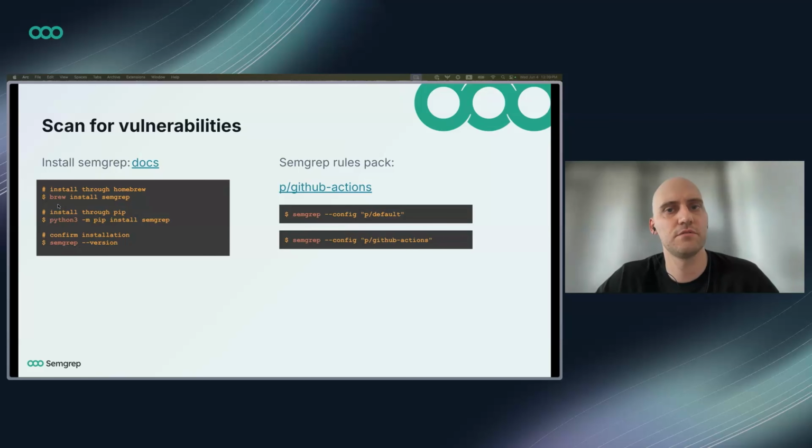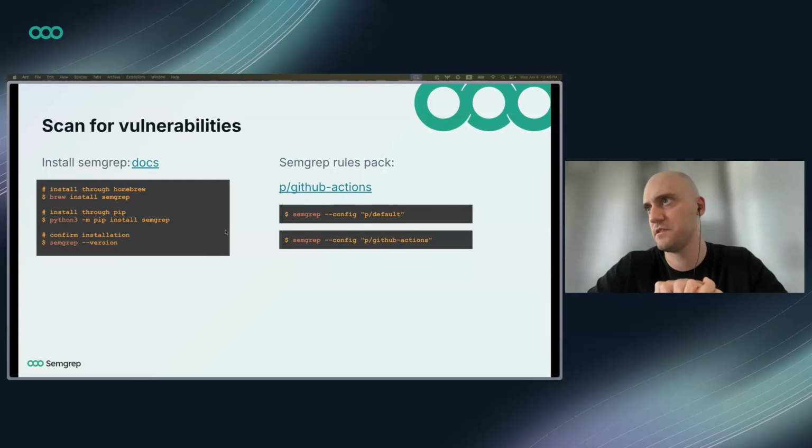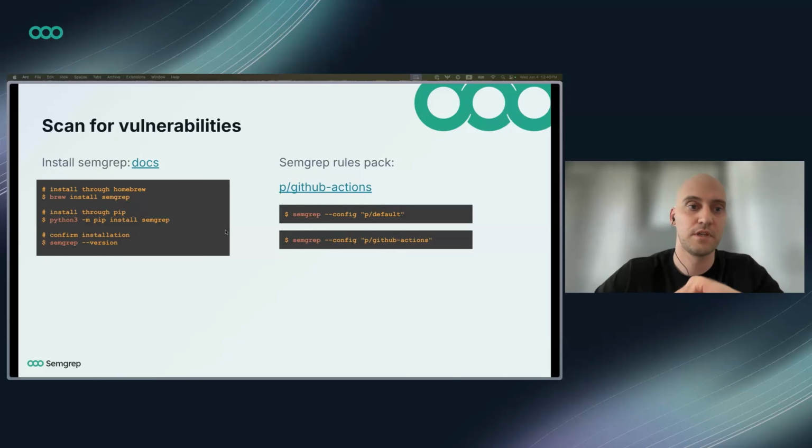So feel free to install the open source version of Semgrep, run it, find vulnerabilities. We also have the community sending some improvements and their own rules for GitHub Actions. I try to keep track of it, and I see that many new research pieces pop up. We add new rules, so feel free to use it. Also,